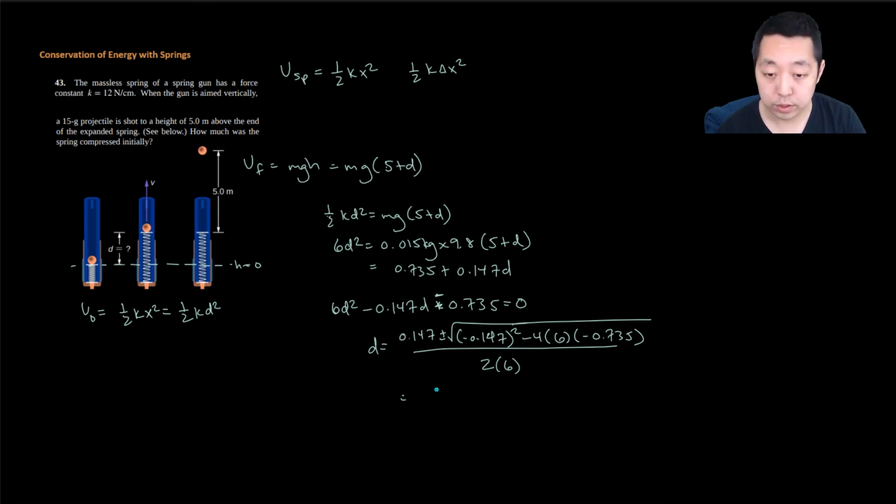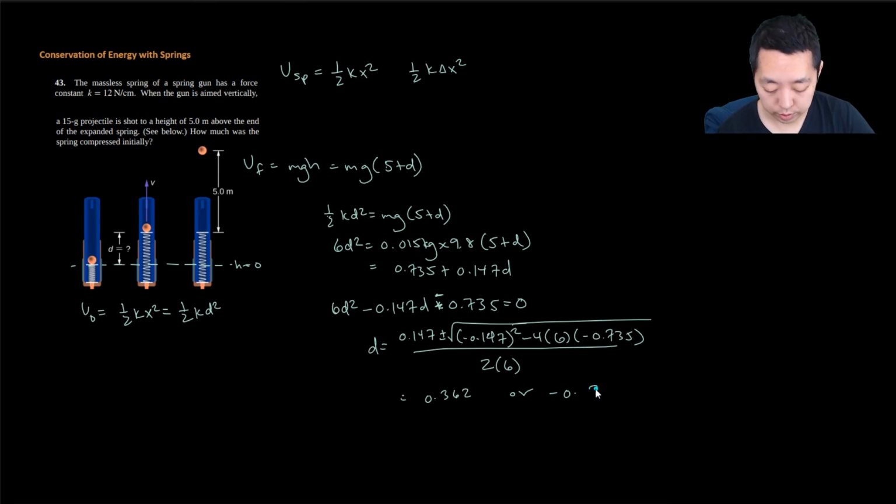I'm going to get two answers, and I'm going to have to decide which one is correct. Sorry, I just keep making mistakes. 0.735. I get 0.362, or when I use the minus solution, I get